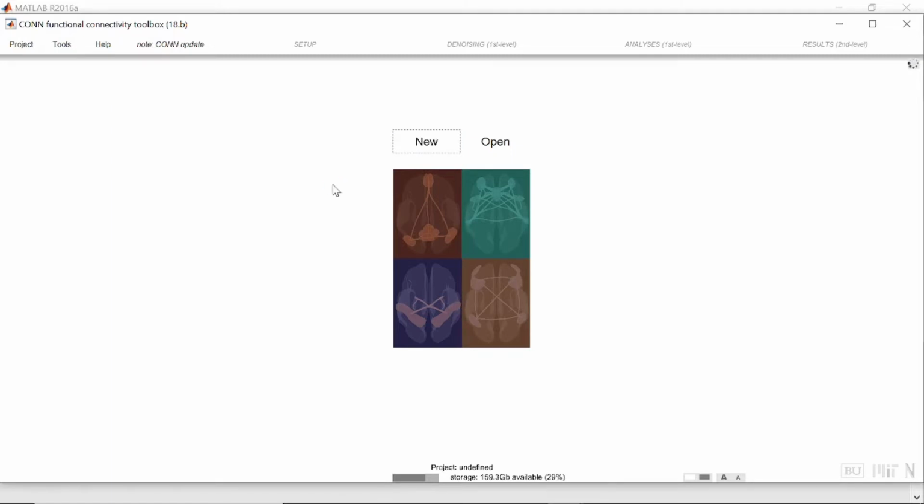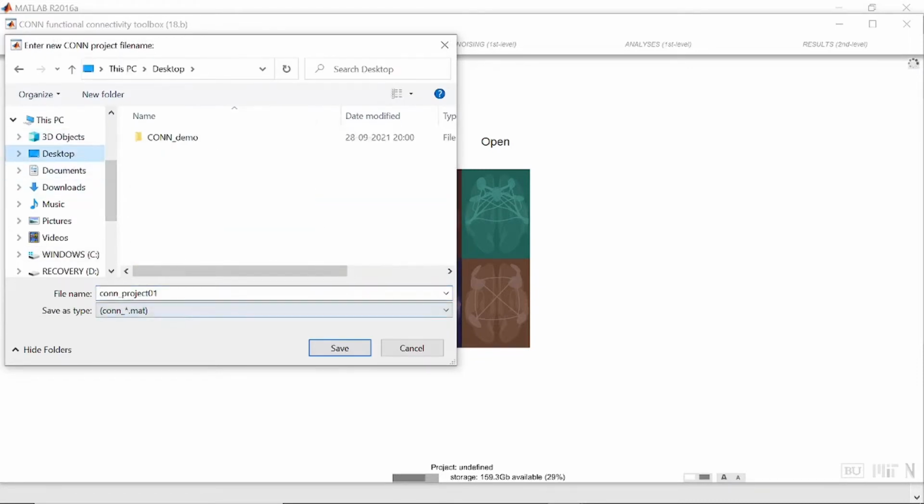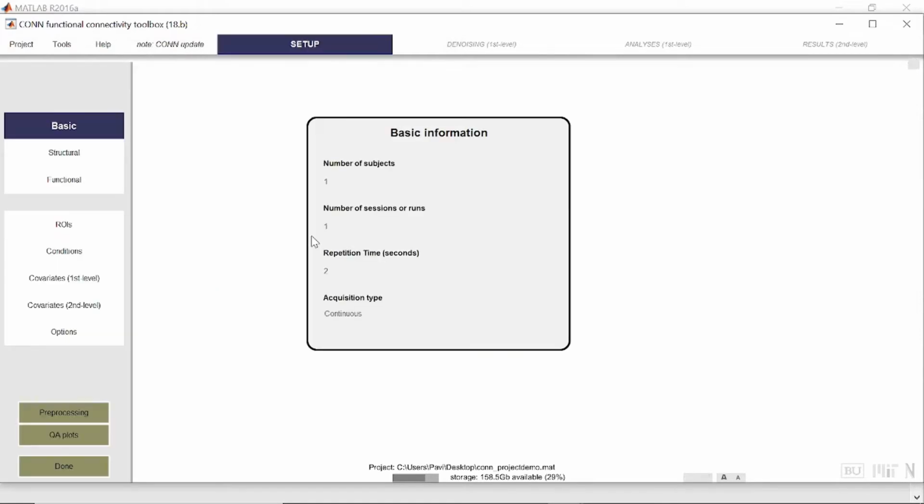So now I'm going to create a project on my desktop called CONN project demo. Click save, and this opens the blank project. Enter number of subjects, which is 2 in our case. Number of sessions or runs is 1. Enter repetition time, which is 2.5 seconds for these two subjects, but this information is usually given out by the